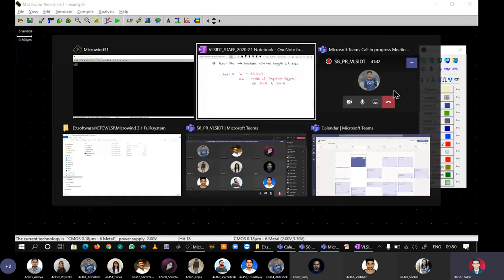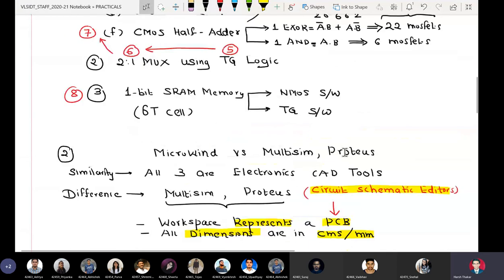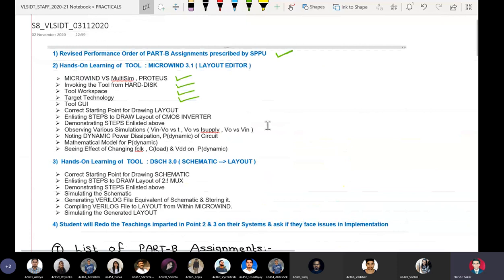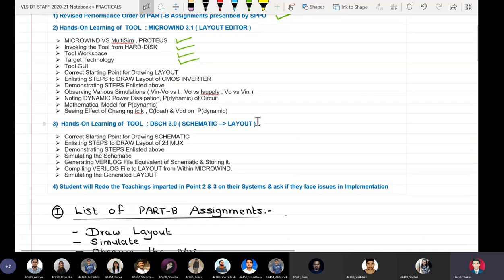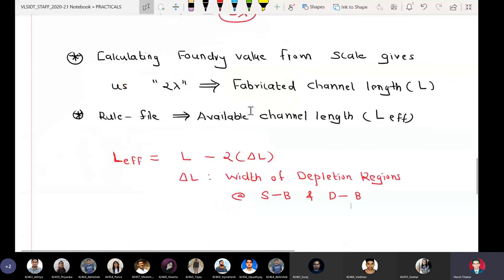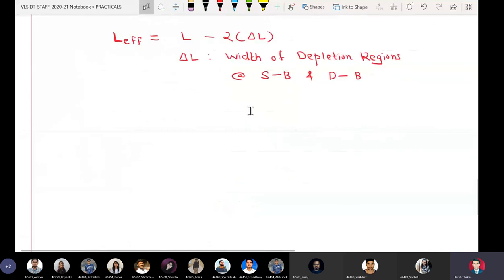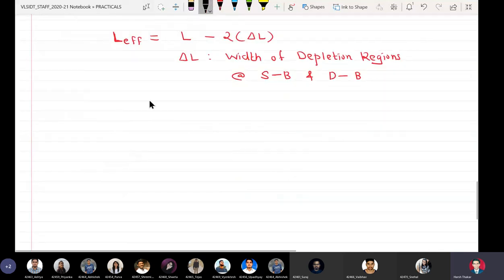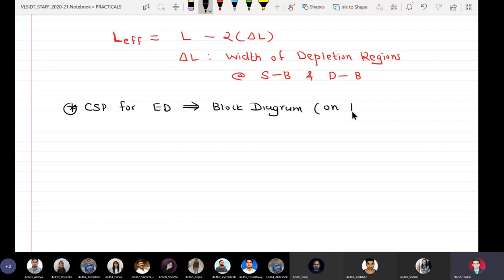Now as per our agenda, we are supposed to define the correct starting point for drawing the layout. If you remember carefully, when I started teaching you the part B assignment and also in the class, I had made a statement that the correct starting point for entity declaration is the block diagram, and block diagram is always drawn on paper.